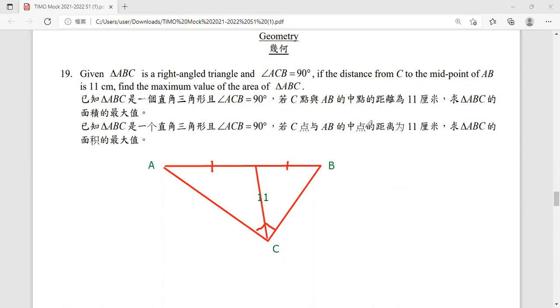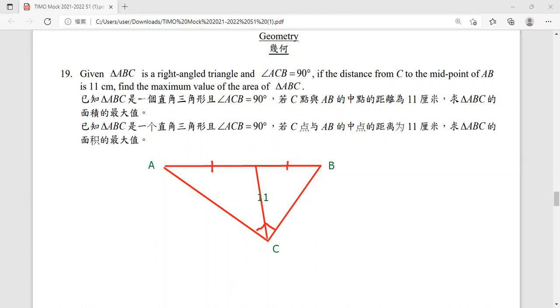Okay, for those who ask, I write the Chinese here because the competition will also be held in mainland China and Hong Kong. Now, if you draw a diagram, you'll find something like this one, okay? But